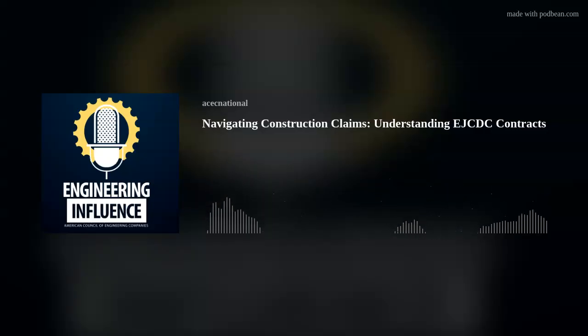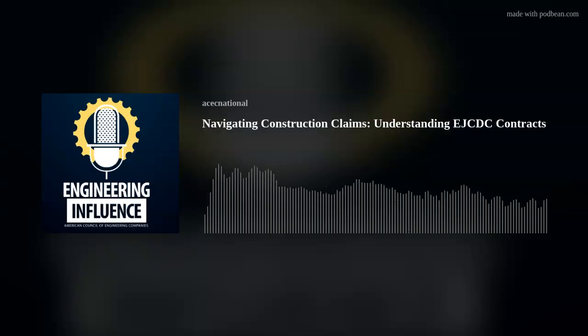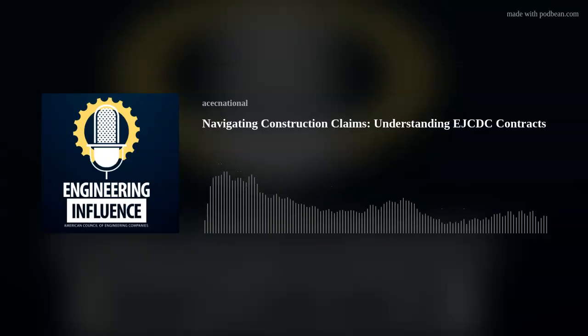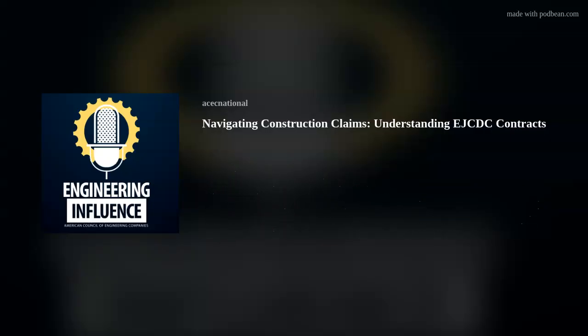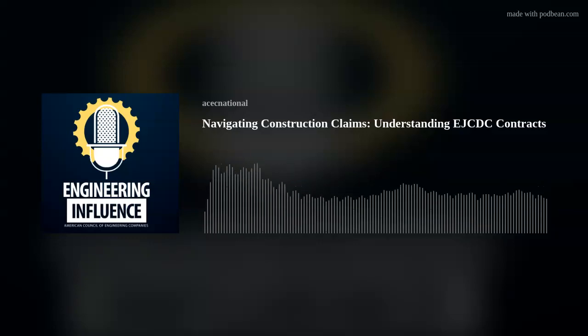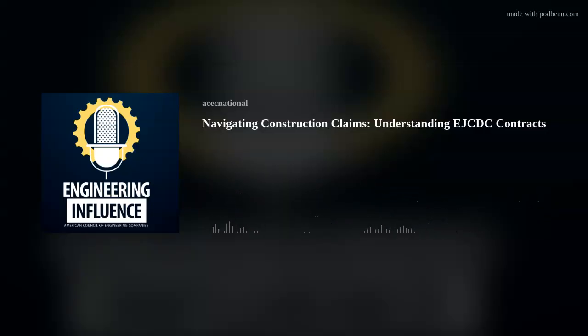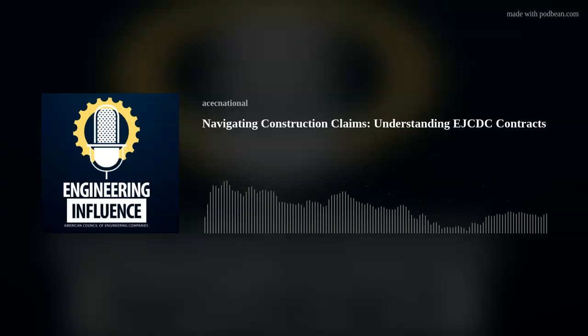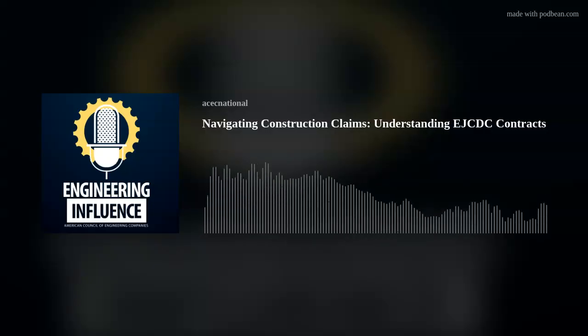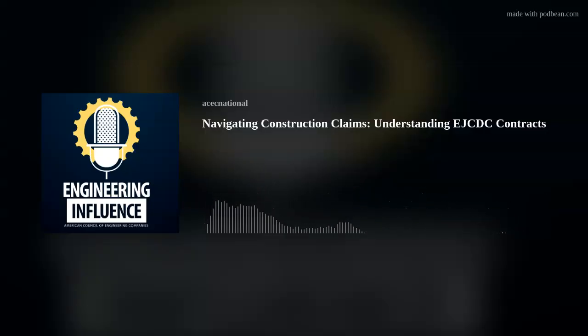EJCDC treats each of these in a manner somewhat similar, especially procedurally, but nevertheless still a little bit different in terms of risk allocations than the subsurface and physical conditions, for the reason that they're really different animals. For buried utilities, or as EJCDC calls them, underground facilities, in many cases, especially if you're doing what's called outside the fence work, a roadway, a railroad, linear utility work like a transmission main or an interceptor sewer, you're likely to encounter a number of underground facilities. If you're in an urban environment, you're likely to encounter quite a few of them,